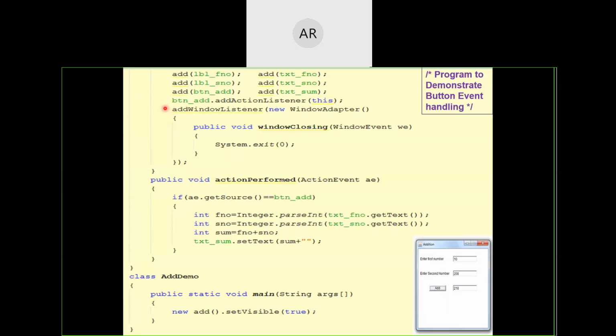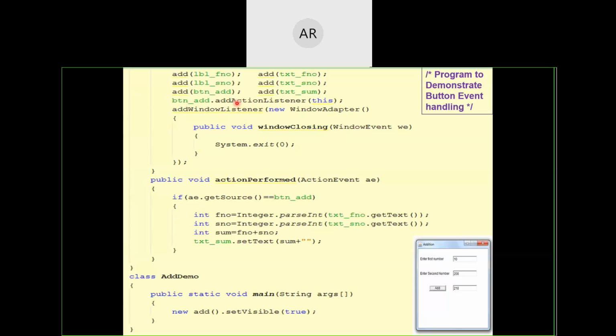What I am doing is writing button_add, which is the name for this particular button. button_add.addActionListener is the method which will register this particular button with some action listener. Add action listener is the method which will associate this component with some action listener.